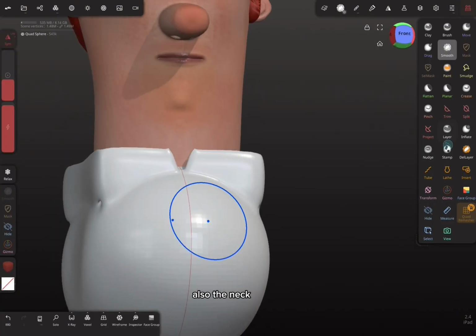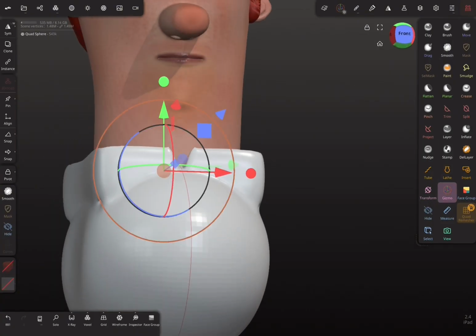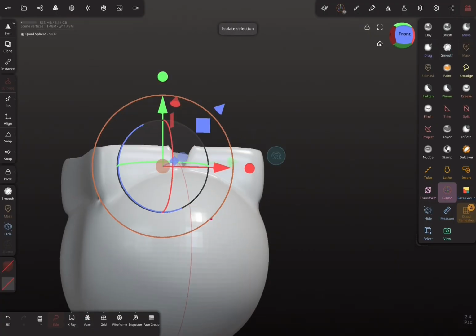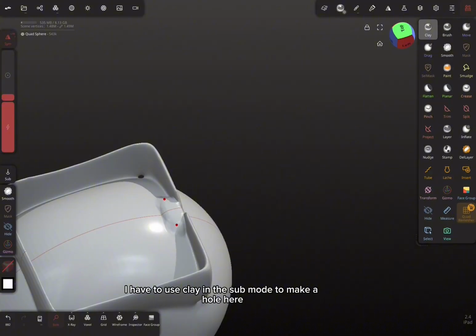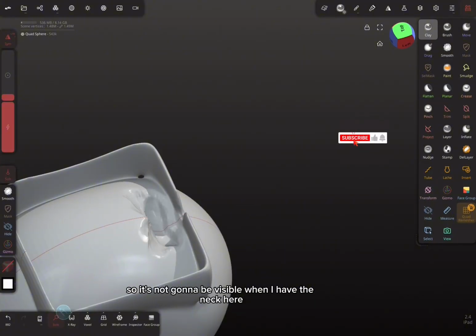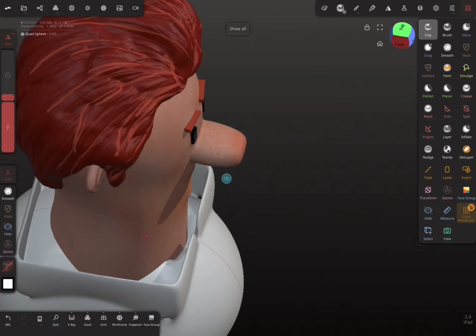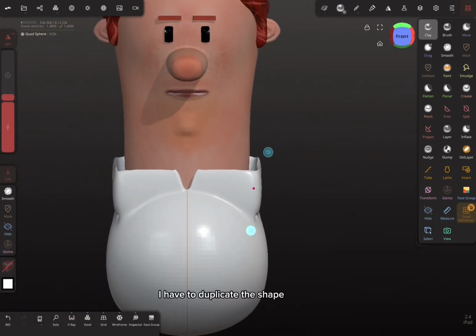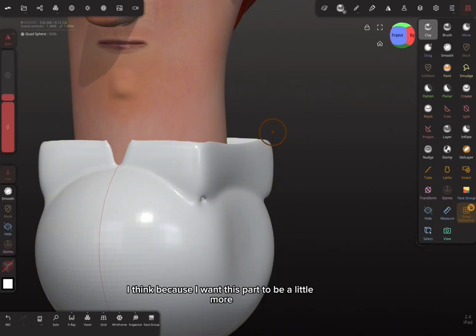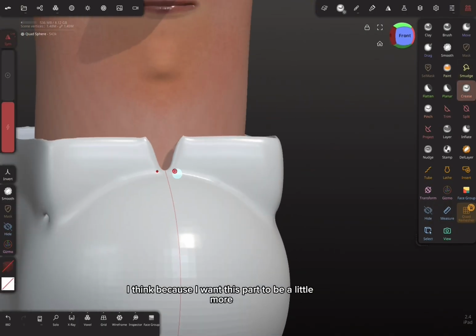Also the neck, make it a little upper. I have to use clay in the sub mode to make a hole here, so it's not gonna be visible when I have the neck here. Okay, a little better. I have to duplicate the shape, I think, because I want this part to be a little more,